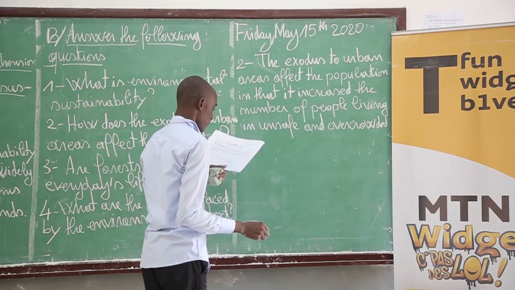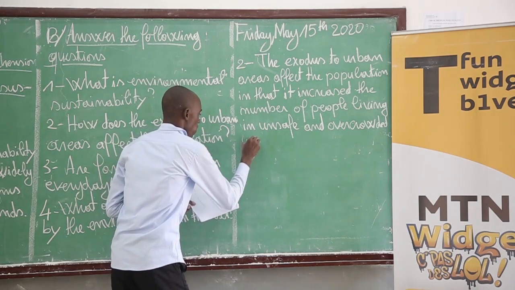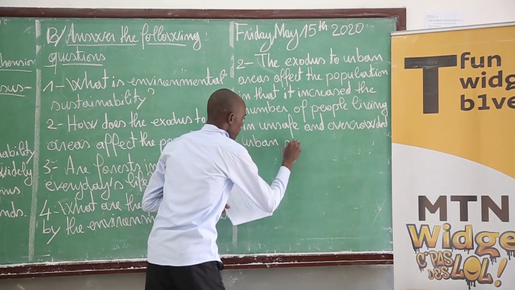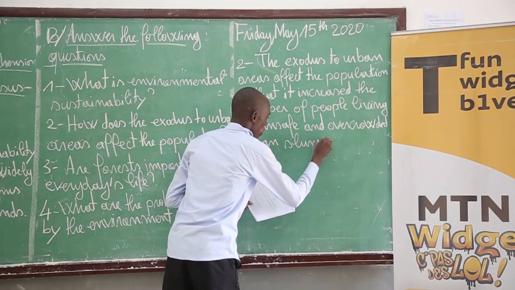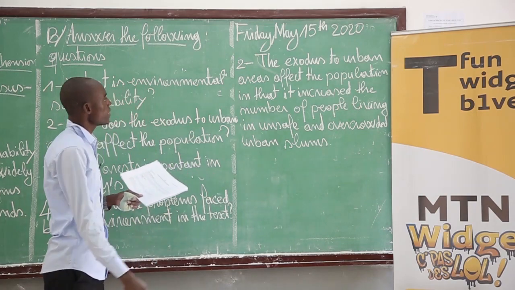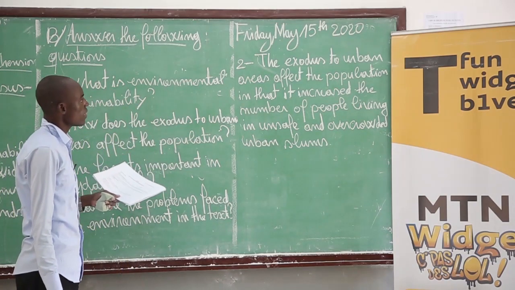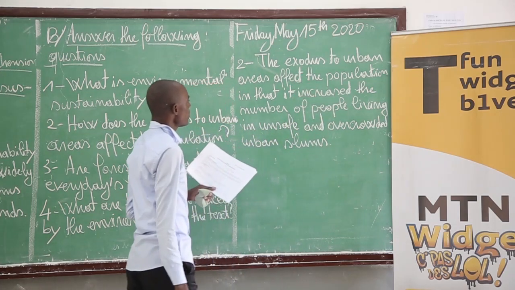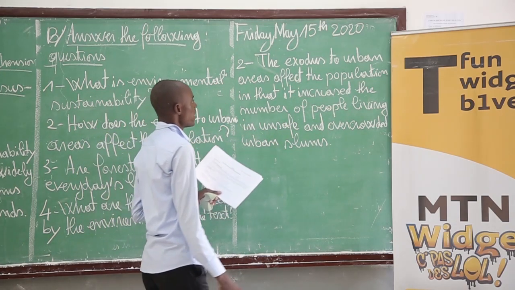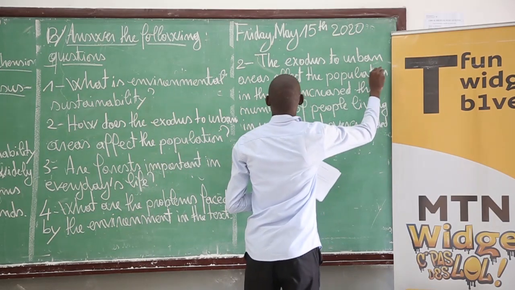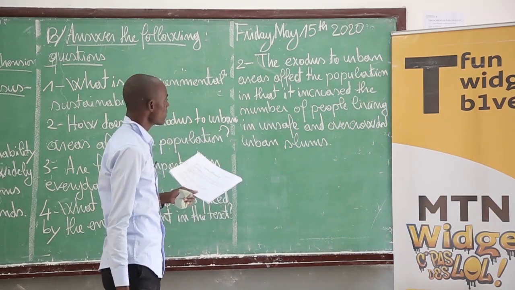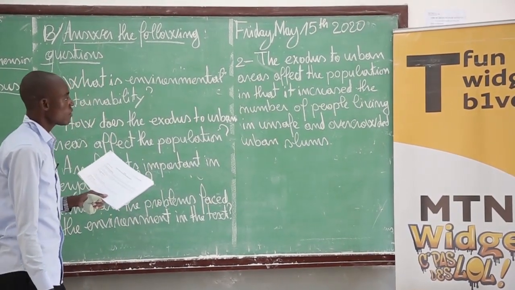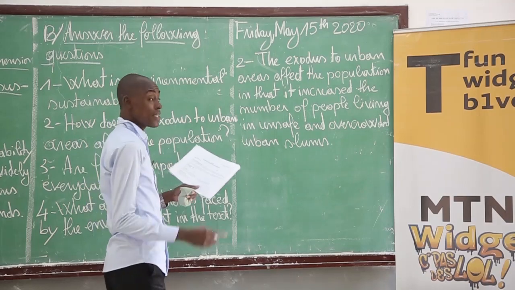Overcrowded urban slums. Okay, yes, the answer is: the exodus to urban areas affects the population in that it increases the number of people living in unsafe and overcrowded urban slums. This is the answer